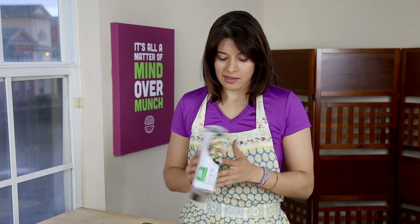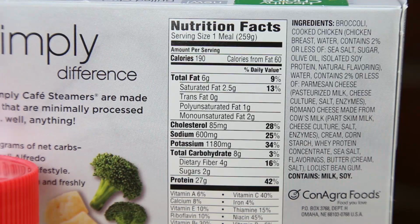But what's really terrible about these is the sodium. So yeah, this meal is only 190 calories, it's only 8 grams of carbs, but it is 600 milligrams of sodium. That's like half of your sodium for the day. Really, you should try and maybe even get less than that. I'm not gonna tell you how much sodium to be consuming, but if the recommended amount is 1,500 and this